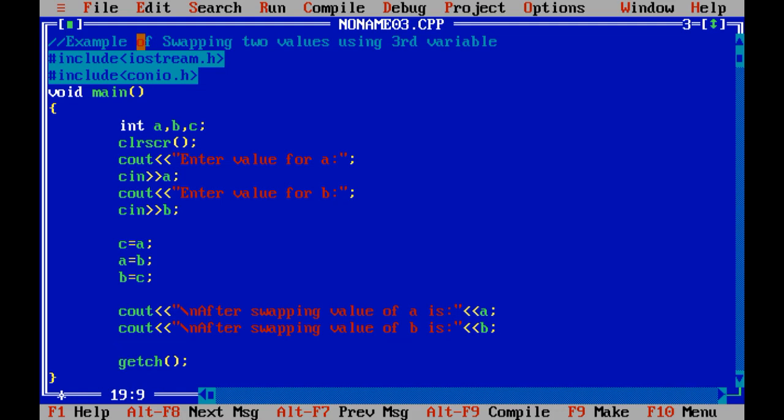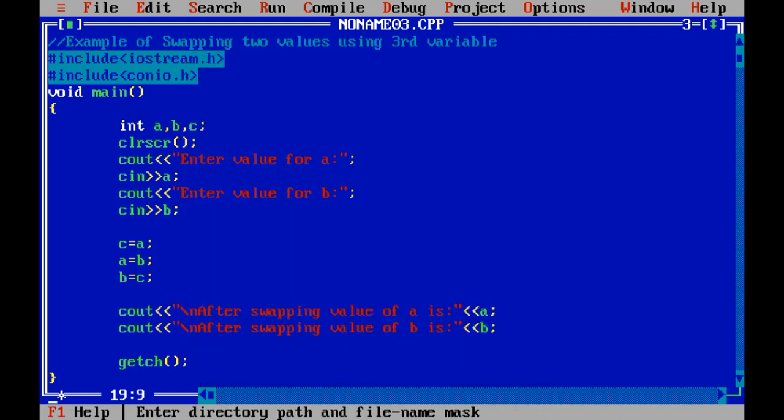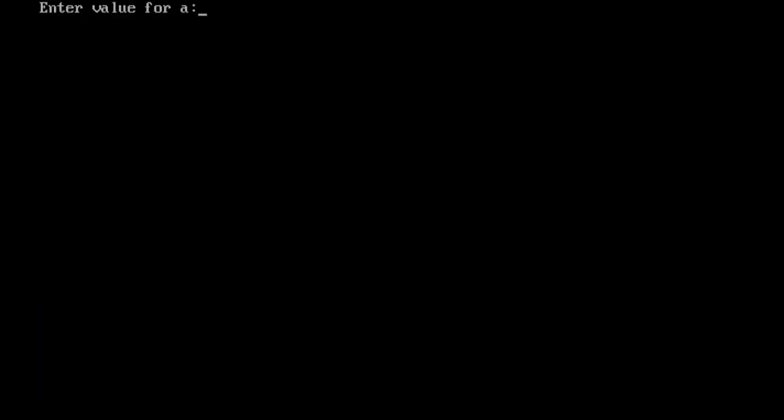Let us save this program as p13.cpp because this is program number 13. Here the file is renamed. Now let us run the program by pressing Ctrl F9. Let me input value 10 into a and 5 into b.